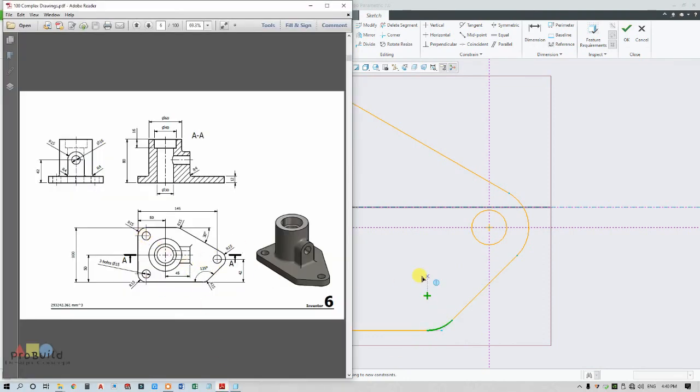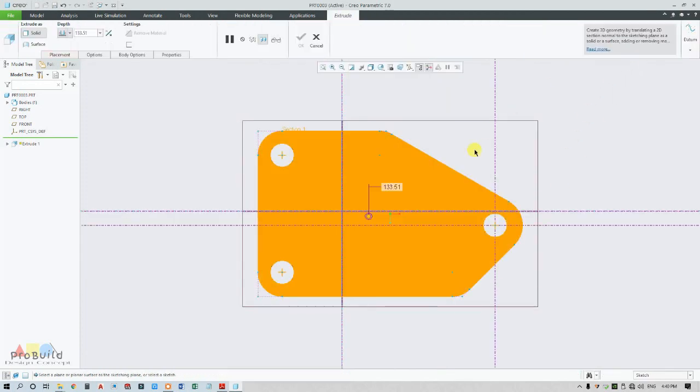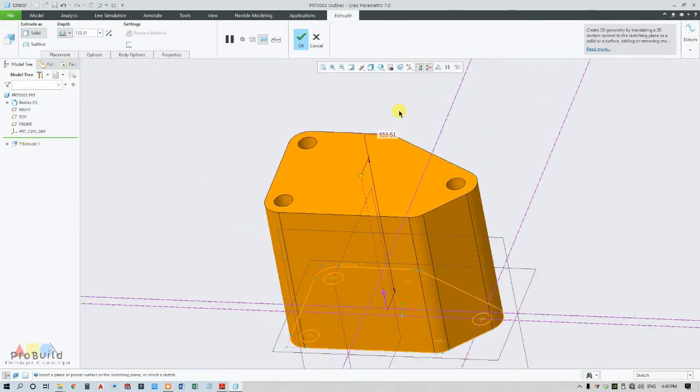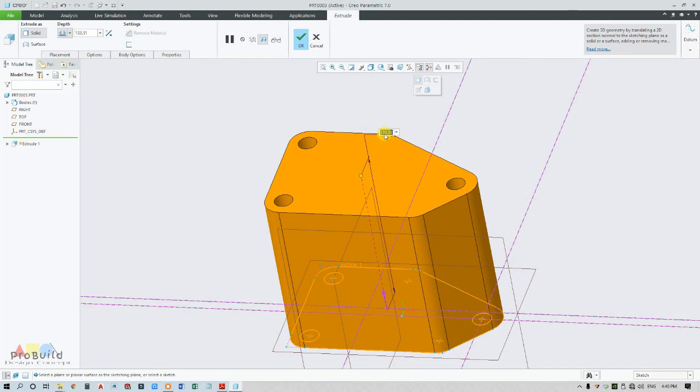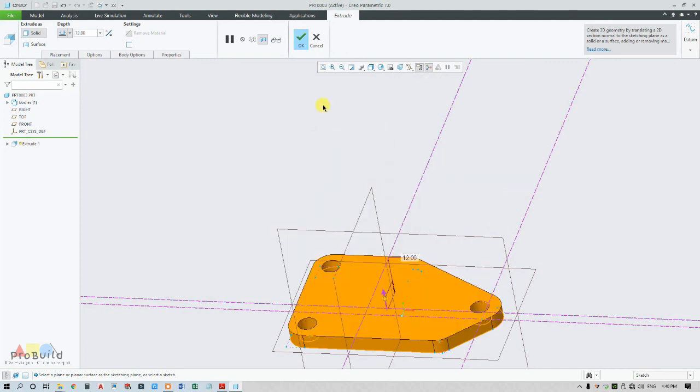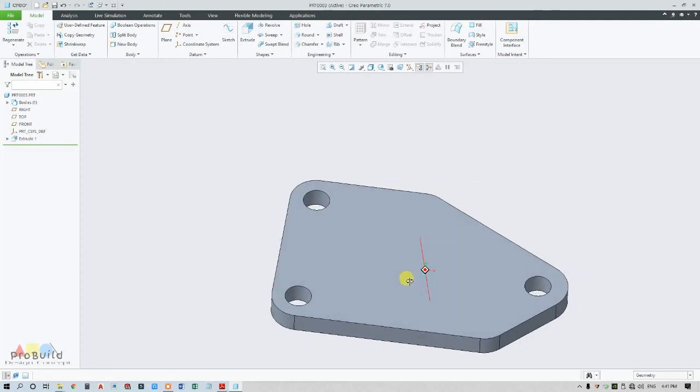I found only 3 circles, no problem. Okay. Now this is extruded up to 12 mm, so I'm going to put here 12 mm. Click on OK. So my base part is completely ready.